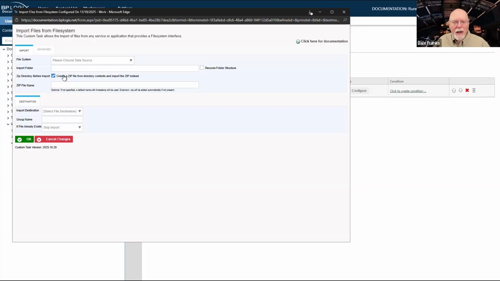This property enables us to take a look at that file system directory, find all of the objects in that directory, zip them into a zip archive, and then import that zip archive into the system rather than importing, say, 10 Word documents or PDF files or whatever, so that I just have this one zip file that gets imported.